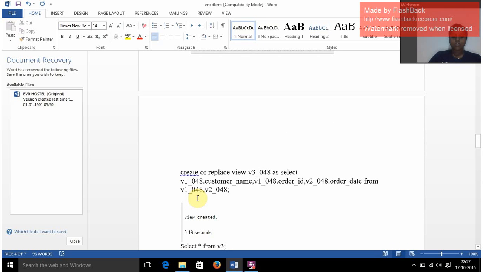And the next is also to create a view that will be joining the previously created views. So I have given create or replace view view name as select, and here using the dot operator I'll be joining both the views. So I have given create or replace view view name as select v1 underscore 048